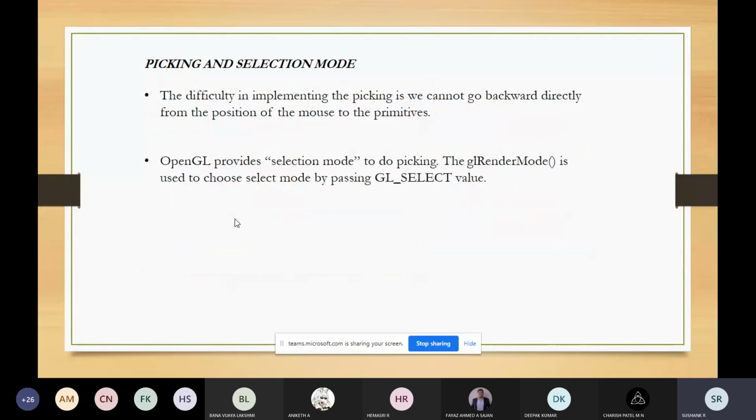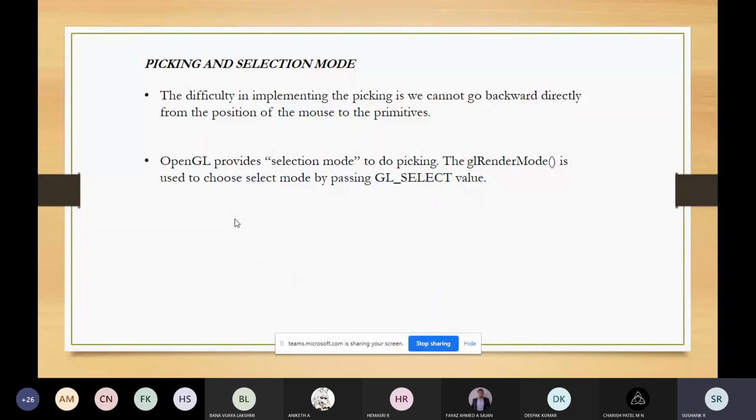Apart from this, one more suggestion: what is this picking and selection mode?